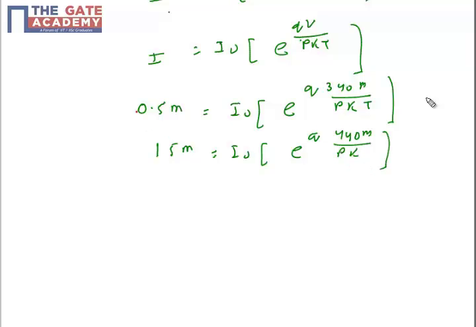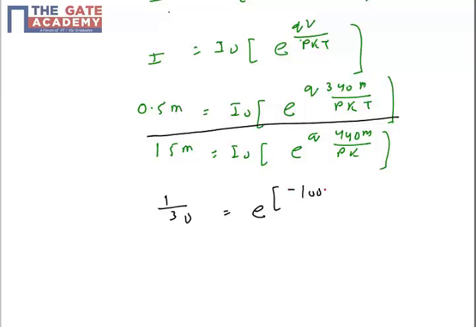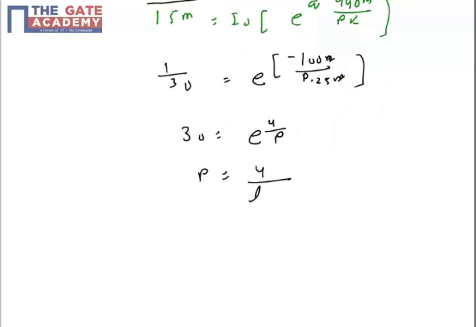So now let's divide these two conditions, not take a derivative, just divide. You will get 1/30 is equal to e raised to the power, and we know that in division the powers subtract. You will effectively have minus 100 milli upon η into 25 milli. We have put in the value of kT/q, milli to milli cancel, so you get 30 is equal to e raised to the power 4/η, which gives η equal to 4 by ln 30, which is nothing but 1.176.